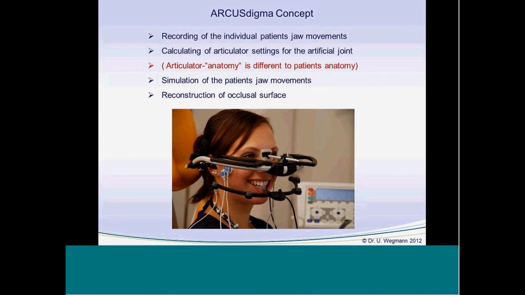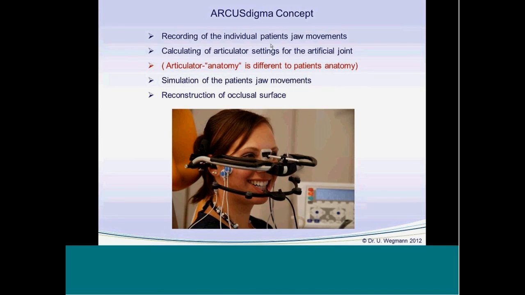We record the real individual patient's jaw movements. We want to simulate the movements, therefore we have to record the movements. From these electronic recordings, we get a lot of data about these jaw movements, and from this data, we can calculate settings for our artificial joint in our articulator.